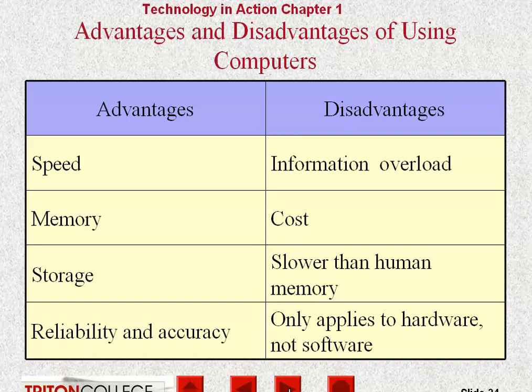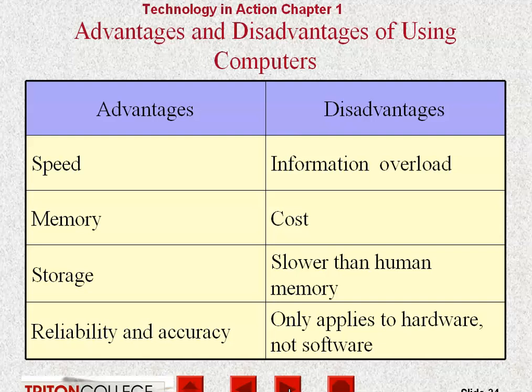And it's reliable and accurate. Digital technology will do the same things over and over and over again, and it doesn't get bored. Whereas people, after they do something a certain number of times, will start getting bored and start making mistakes, often to a much greater extent than digital technology will. Although digital technology makes mistakes too. All those zeros and ones occasionally don't do what we expect them to do.